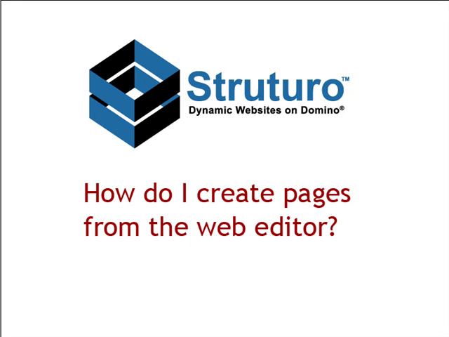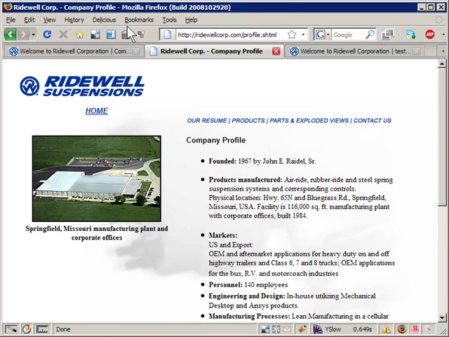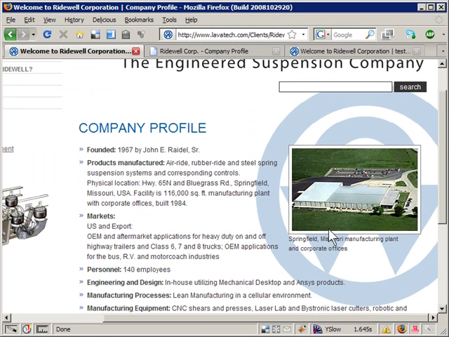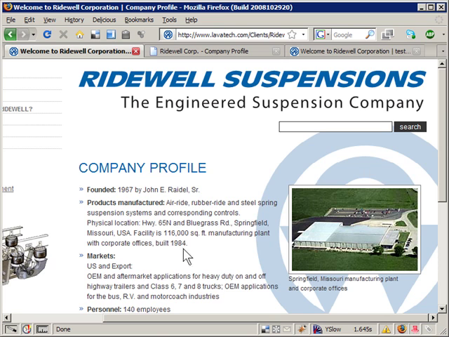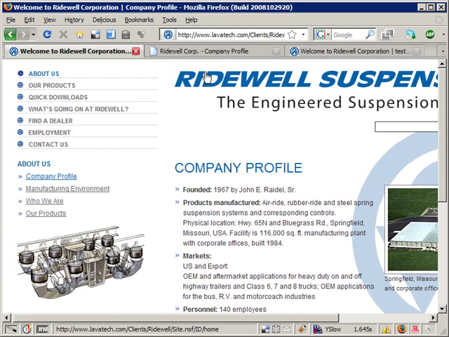How do I create pages from the web editor? When you're in the Straturo site, the easiest way to create pages from the web editor is to just